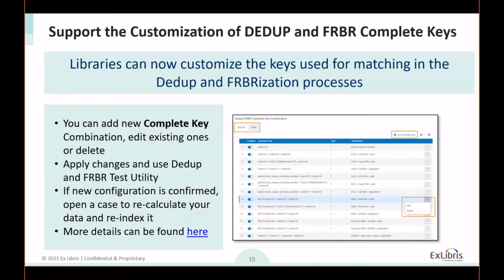And if you choose to go ahead and want the new configuration to be applied in your production, you will need to open a case and ask us to recalculate your data or reindex, or you can do this close to the next semi-annual indexing. So this was about more options, more flexibility to customize the key combination that affects the dedupe and Ferber